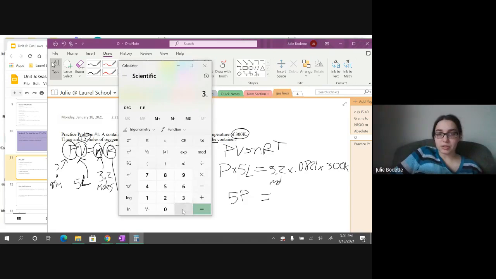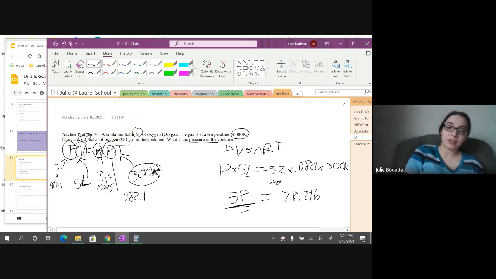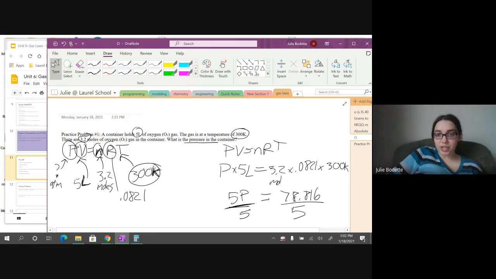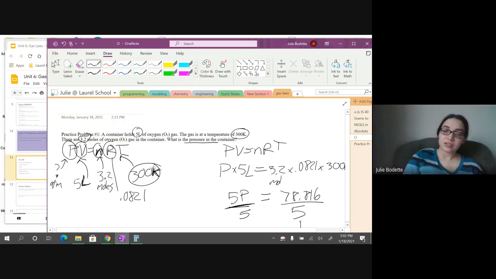So this is 3.2 times 0.0821 times 300. 78.816. And then we need to get P by itself. So remember, we're multiplying P by 5. So the opposite of that is dividing by 5. So we're going to divide both sides by 5. So 78.816 divided by 5 is 15.76. So P equals